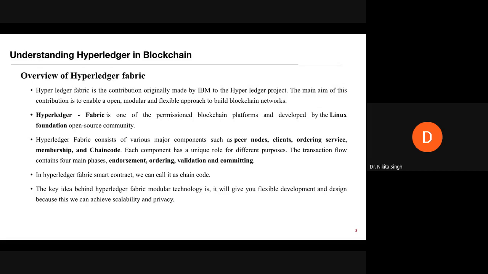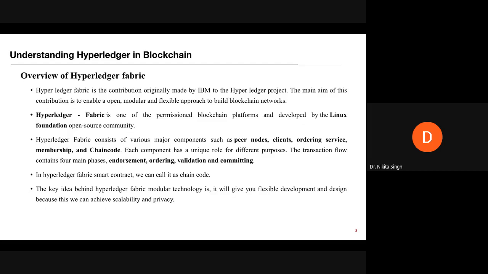So Hyperledger Fabric has a very modular and configurable architecture, meaning that it has a lot of plug and play type of concepts. If you're building your blockchain, it will allow you to use this kind of consensus mechanism, or that kind of consensus mechanism. What kind of functionality do you want? You will have a module for that also. Do you want to use smart contracts? You can use smart contracts also.